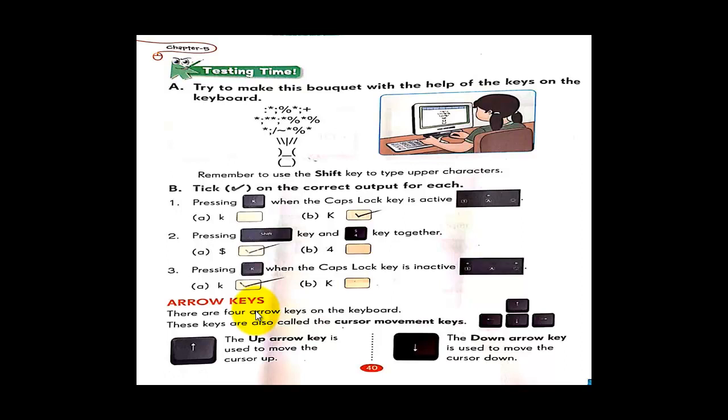Now let's see in this topic, the arrow keys. Now these keys are also called the cursor movement keys. Now we call it, these keys are also known as cursor movement keys. Cursor means what? Now when you open a computer, a line, a beam or a line blinks on the monitor screen. Now when you open a Word document or a